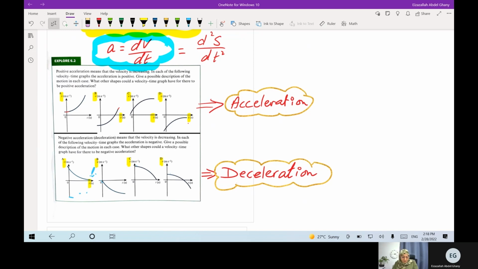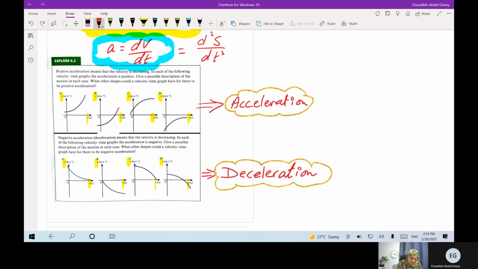All of these curves, as you see, are velocity versus time. For the first curve, how can I know that velocity increases? You simply watch the x-axis and y-axis. In all these cases, it is acceleration because velocity increases with respect to time. But how to know that